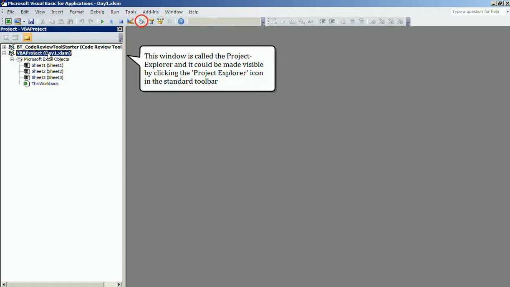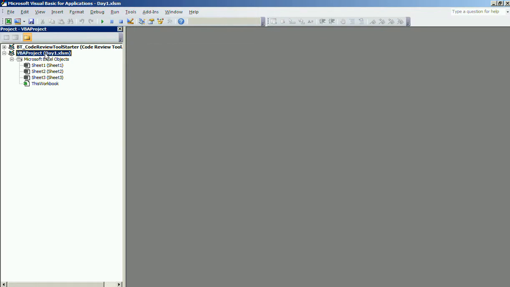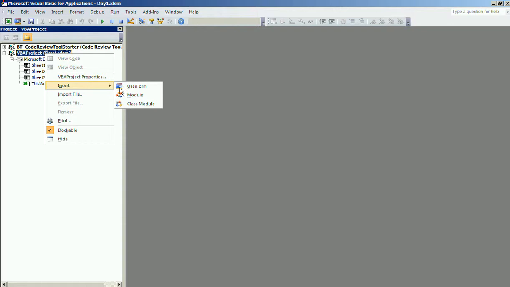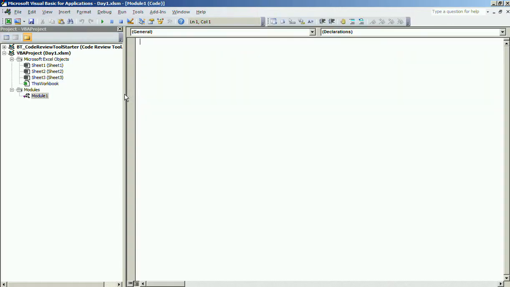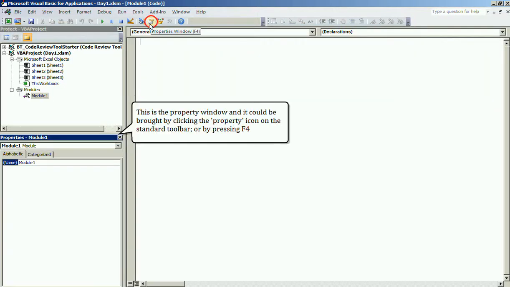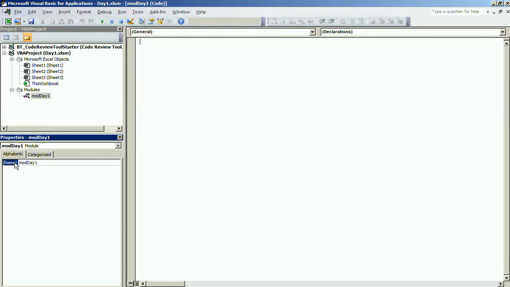On the left hand side you can see this project explorer where you can see your project. It is named as VBA project. So right click on this and insert a module. Click on this property window and name it as mod day 1. It is good practice to name modules starting with mod.